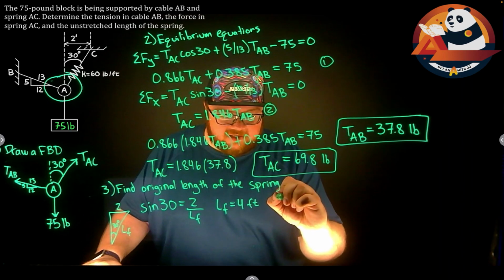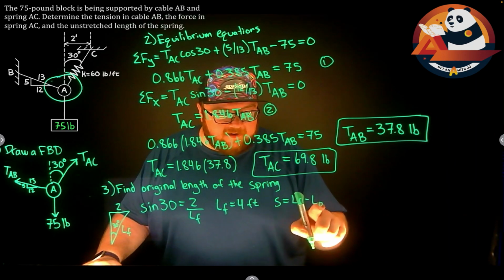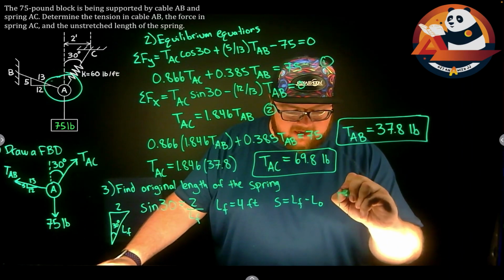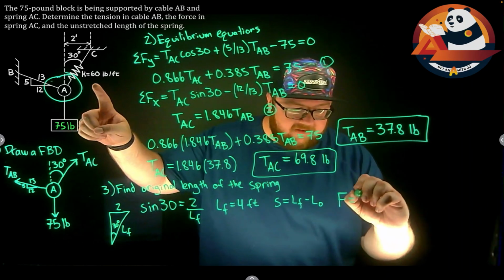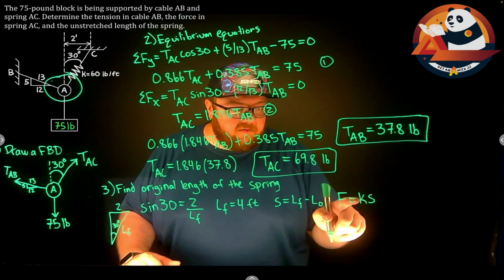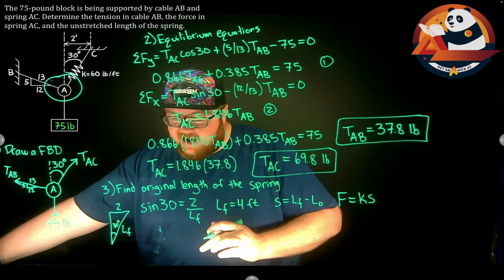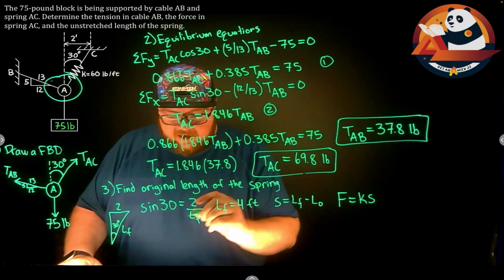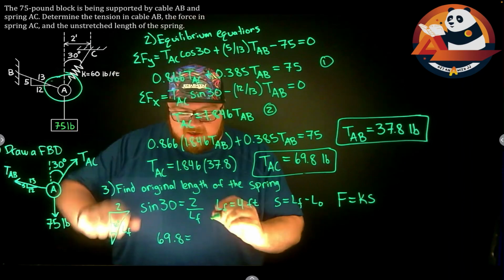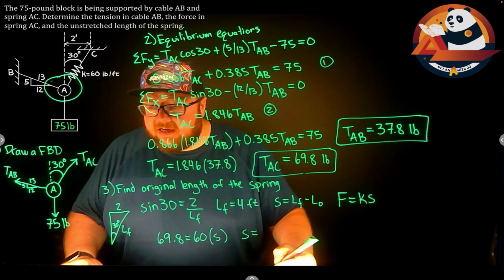I can use that in my stretched length, where my stretch is my final length minus the original length. So I have LF, I'm trying to find LO, I just need to get the stretch. That one's pretty doable for us. I should know that the force in a spring is equal to a K value, which we were given, K times the stretch length. I found the force in here. That's my TAC value. I know my K value was given. I can find the stretch. That force, 69.8, equals my K value, 60, times my stretch distance. Or this spring stretched, my S is 1.16